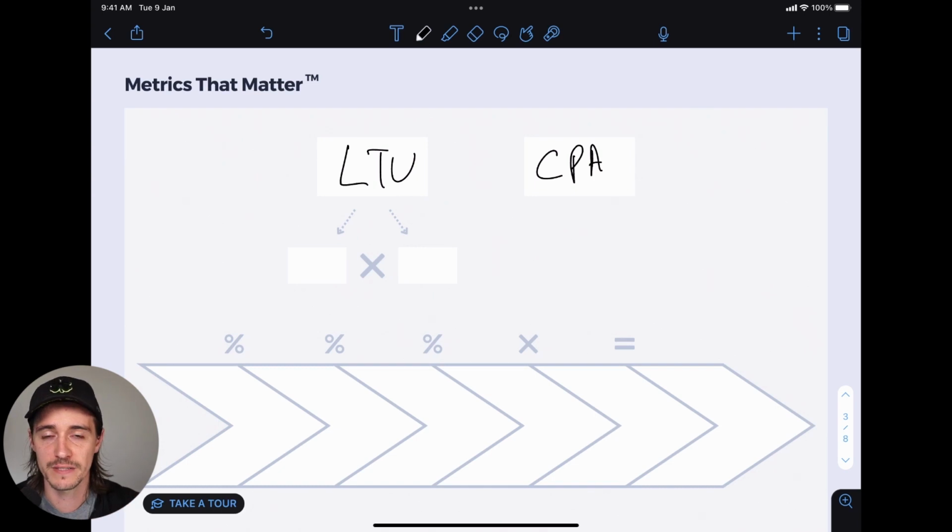Realistically, they're the only two numbers that matter, because if my cost to acquire a client is low and my lifetime value is high, I make a lot of money per client, I can go and spend a bunch of money experimenting on marketing because I know that I'm going to get a good return for that. And fundamentally, in growing a practice, you have to be able to get high-value clients into your practice to fill yourself up. And then what allows you to scale is